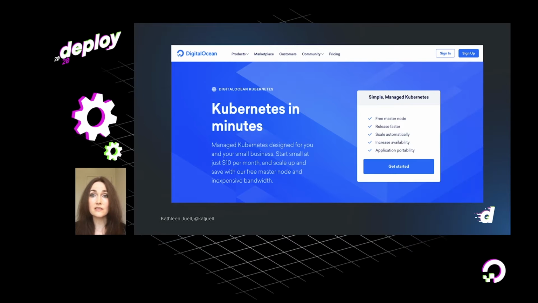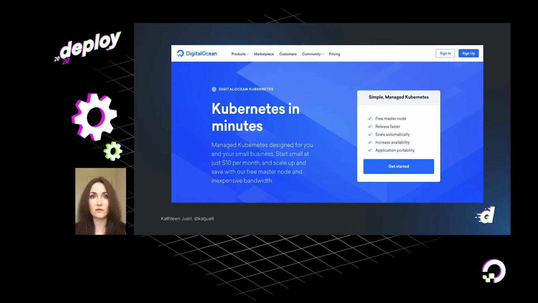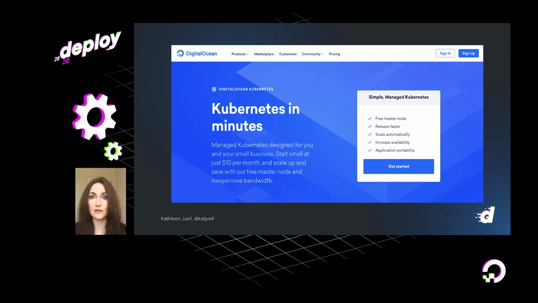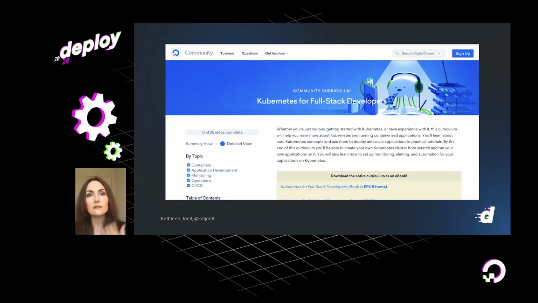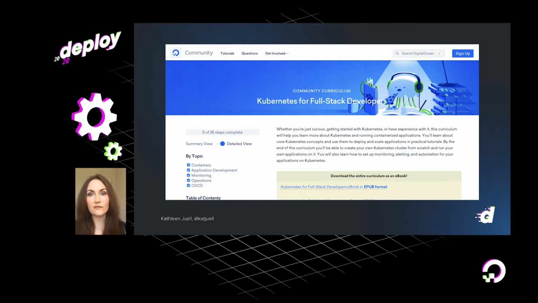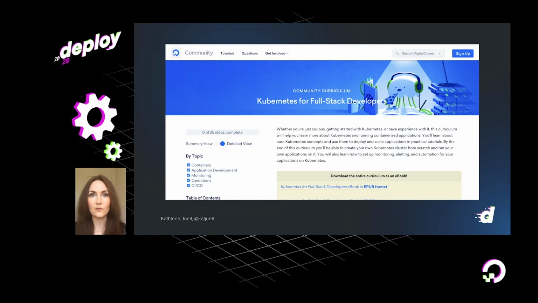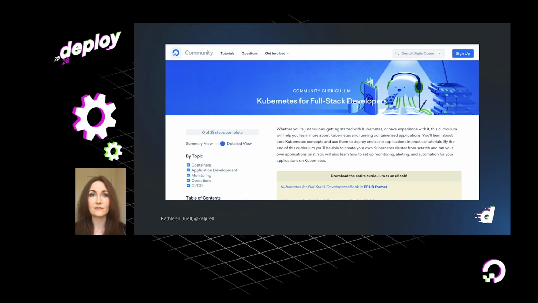So how did we come to these insights? Well, as many of you are probably aware, DigitalOcean has a managed Kubernetes product, which was made generally available in May of 2019. Leading up to and following the release of that product, the core contributors on the community content team were tasked with the following project: Teach the World Kubernetes.